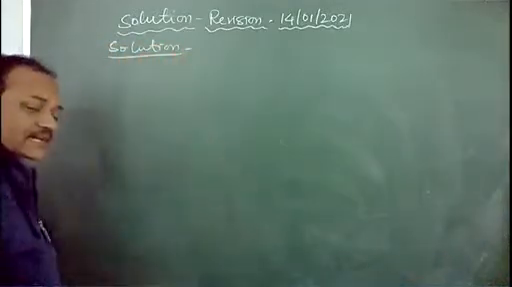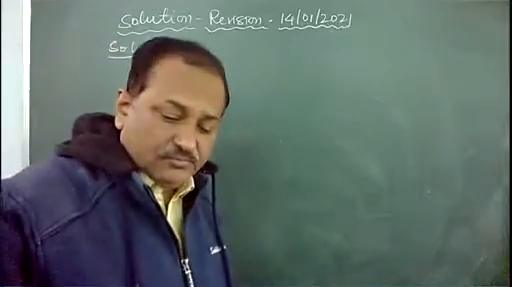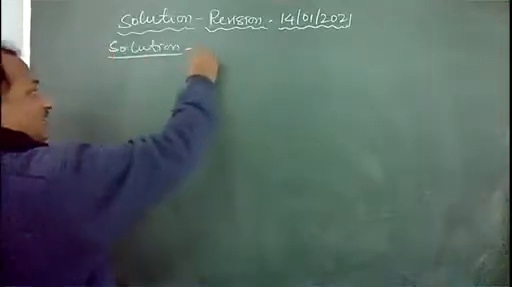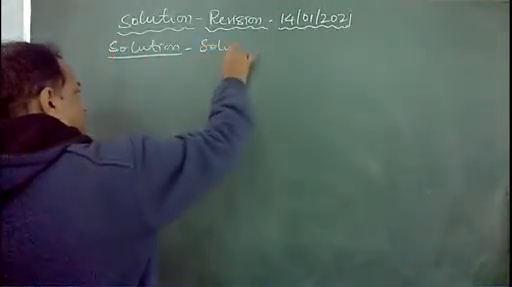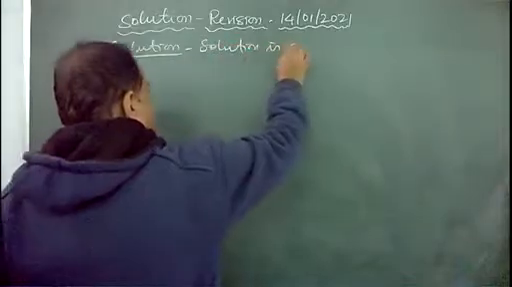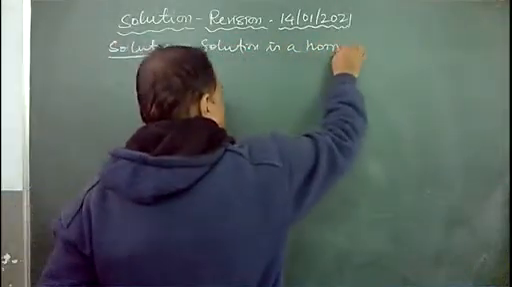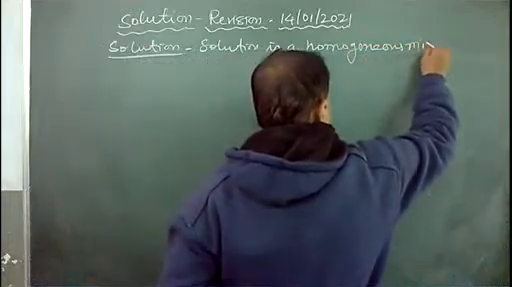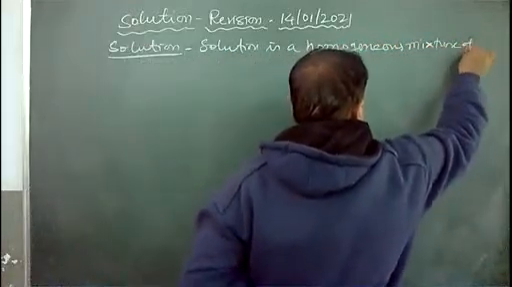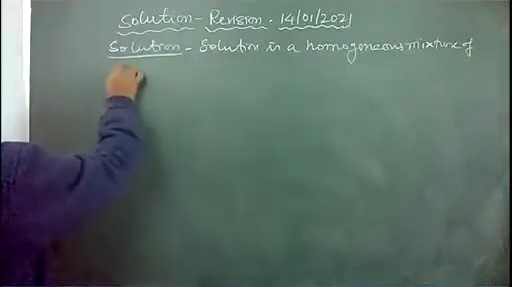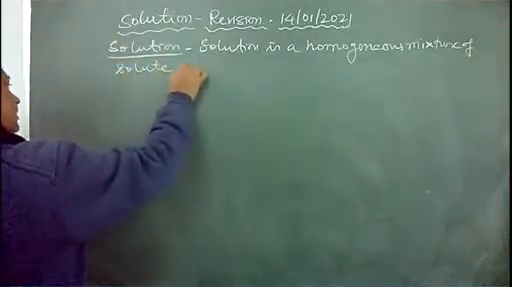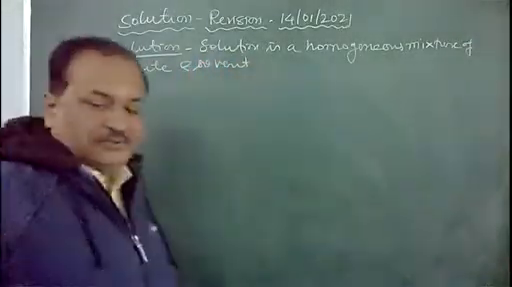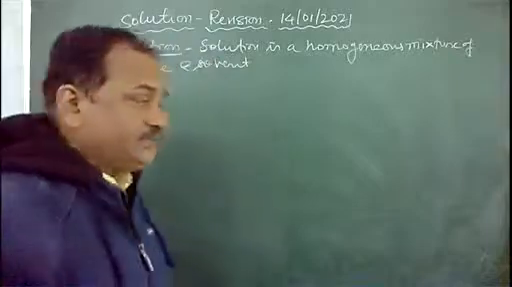So children, in general, by solution we mean a homogeneous mixture. In general, solution is a homogeneous mixture of solute and solvent. So it is solution. Now, second point is